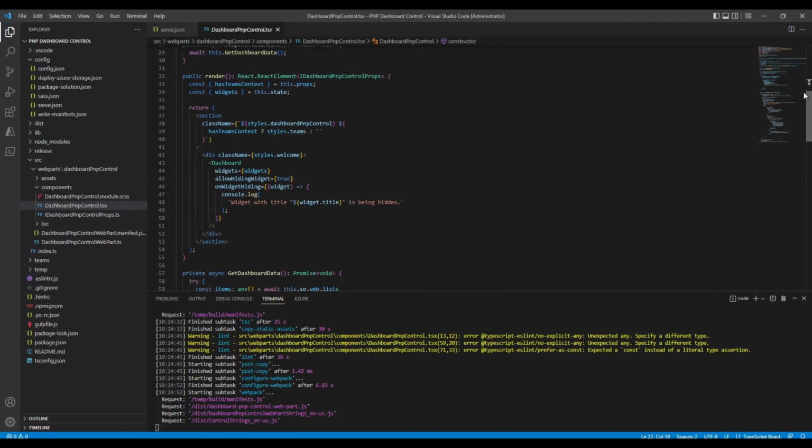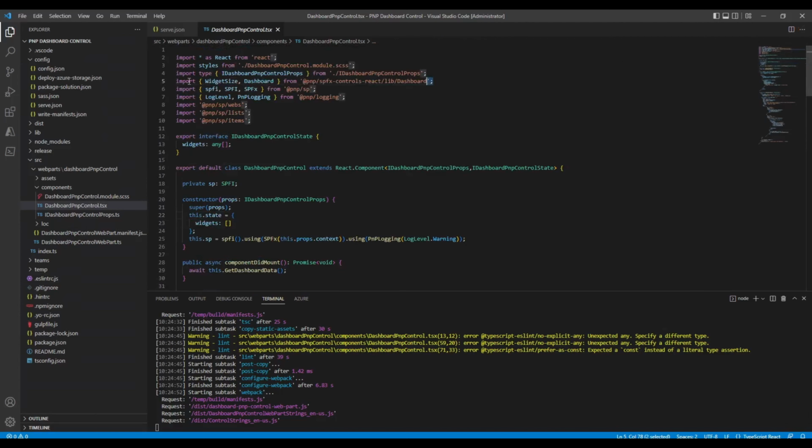what we have to do is import. So the widget size and the dashboard are being imported here, because we are going to get data from the SharePoint list, which is Project Details, which I just showed you. We are also importing some of the PnP libraries so that we can use them here. And in the constructor, we will first initialize the SPFx. This is the typical PnPjs initialization of how we can create an SP object, which you can then use to